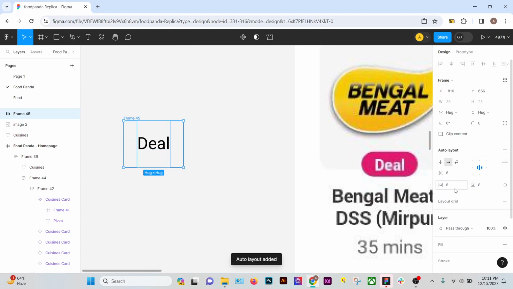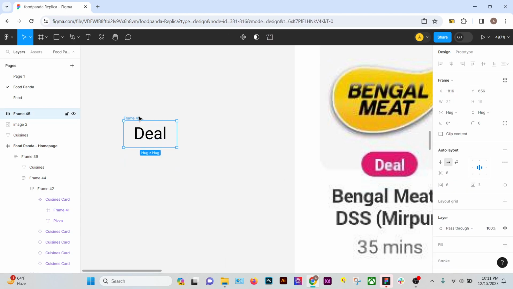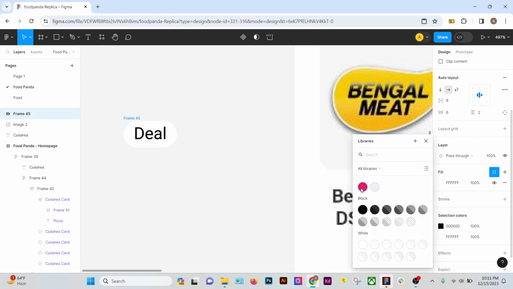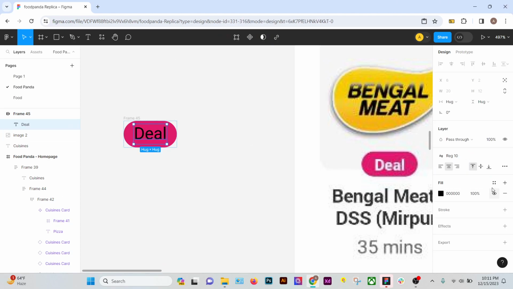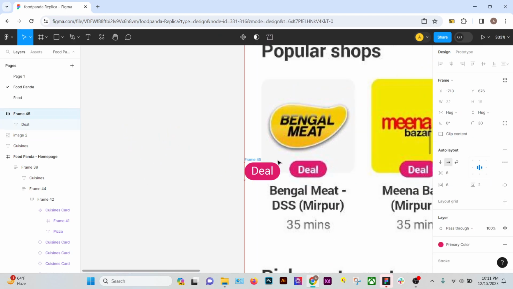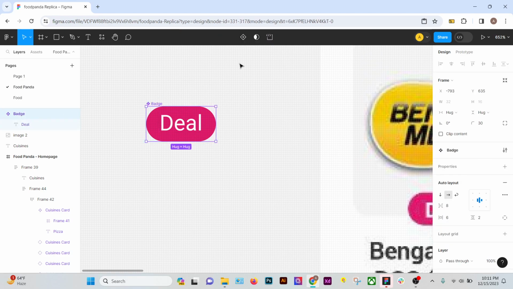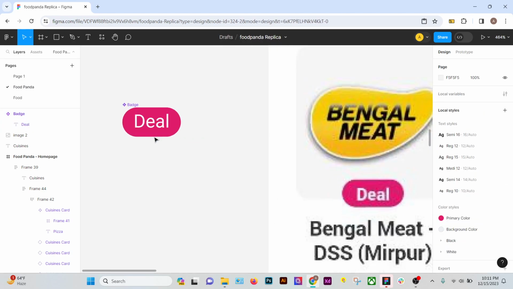Shift A, auto layout. This will be 6 and this will be 2 and the radius will be 30 and we will give a fill color, primary color. The text color will be white. Done. Perfect. Its name will be badge and we'll make it as a component